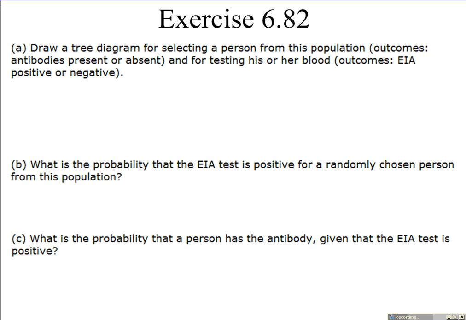Draw a tree diagram for selecting a person from this population. The outcomes: antibodies present or absent, and for testing his or her blood, two possible outcomes: EIA is positive or EIA is negative. Okay, so there are two things that can happen. Either the antibody is present